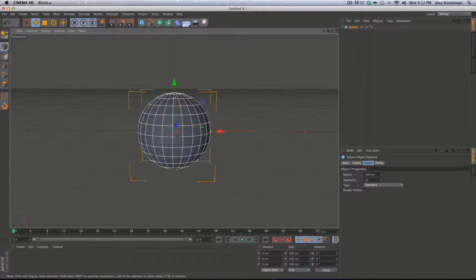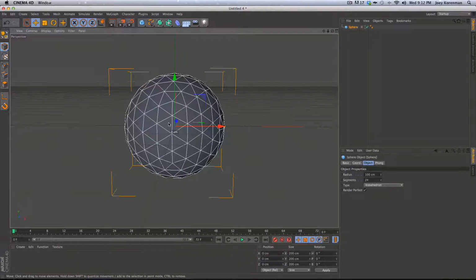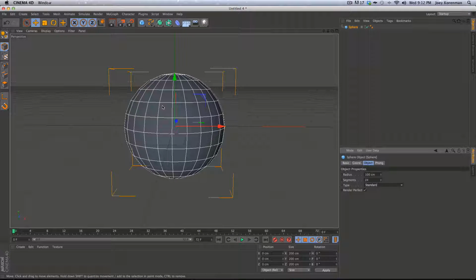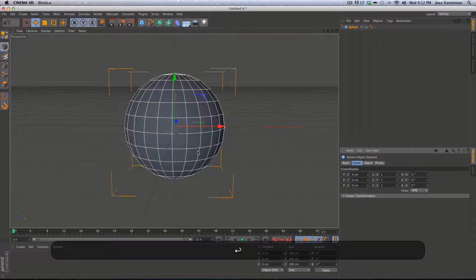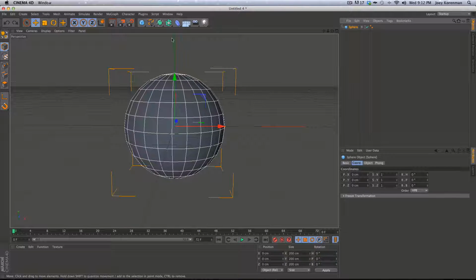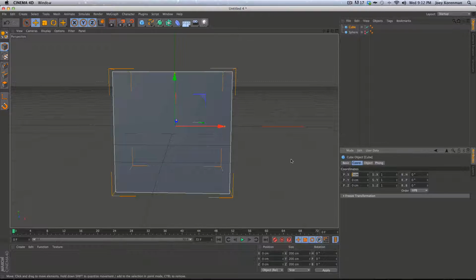and I left it as a standard sphere. There's a whole bunch of different kinds of spheres, but I knew that what I was going to essentially do was clone cubes on every single polygon of this sphere, and so leaving it as the standard kind of helps because it's already set up with square polygons on the sphere, so you're already starting with the right shape. All right, so let me move this back to 0 because I just nudged it. So the next thing I'm going to do is create a cube, and I'm going to hide my sphere for a second,